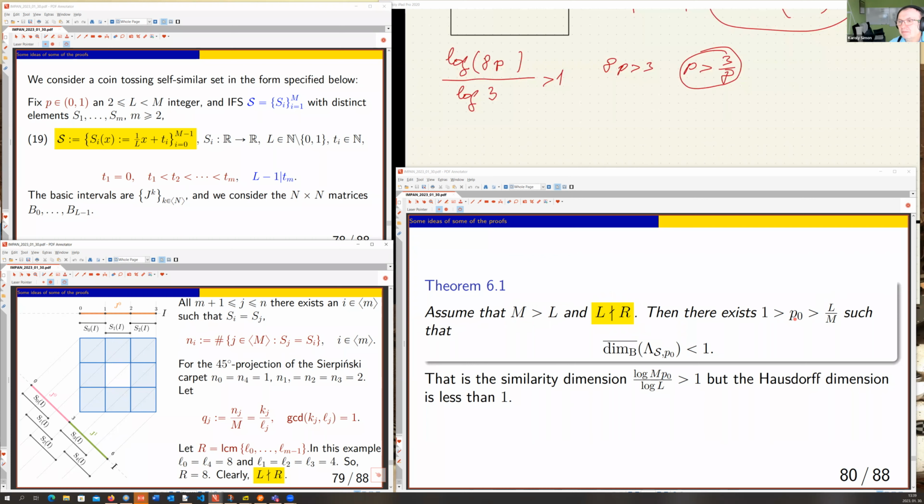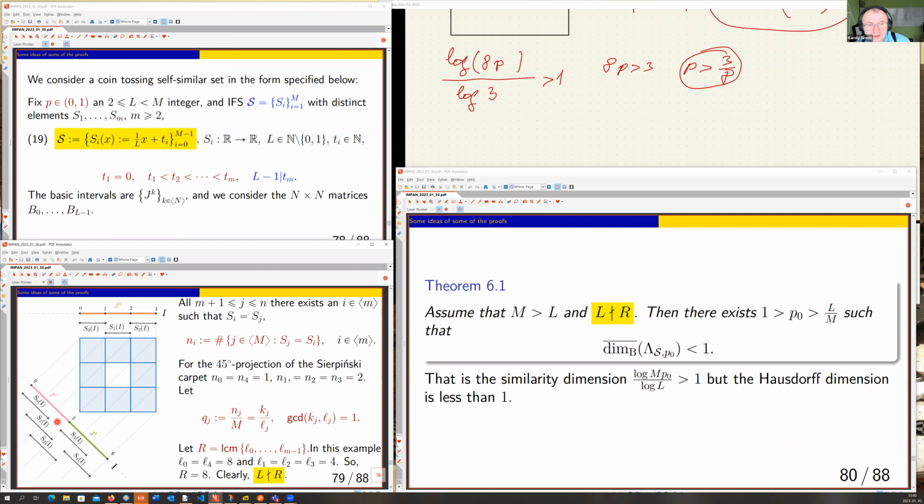Then you can choose a probability which is bigger than L over M. L over M is smaller than 1, so it's bigger than N over M, and the corresponding set has a dimension smaller than 1. So in this situation, for such a P0, because P0 times M is bigger than L,